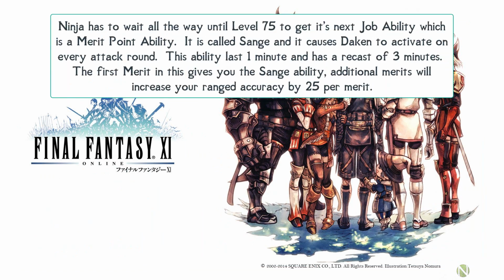Ninja now has to wait all the way until level 75 to get its next job ability, which is a merit point ability. It's called Sange, and it causes Daken to activate on every attack round. This ability lasts 1 minute and has a recast of 3 minutes. The first merit in this gives you the Sange ability, and additional merits will increase your range accuracy by 25